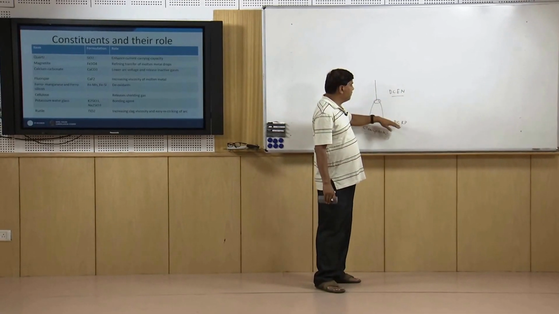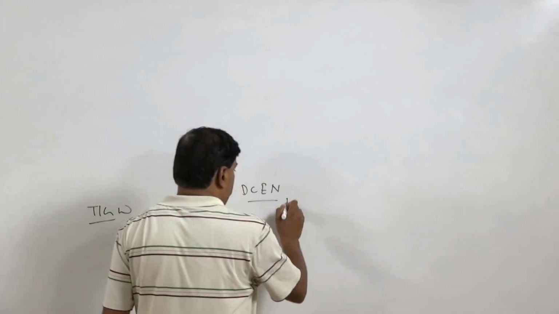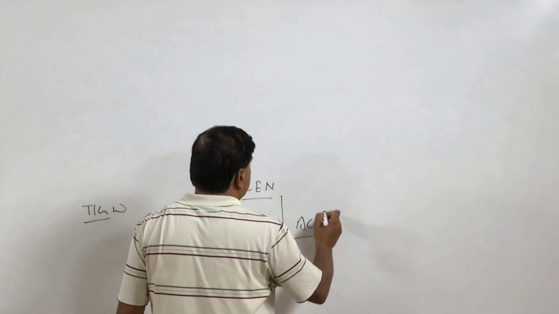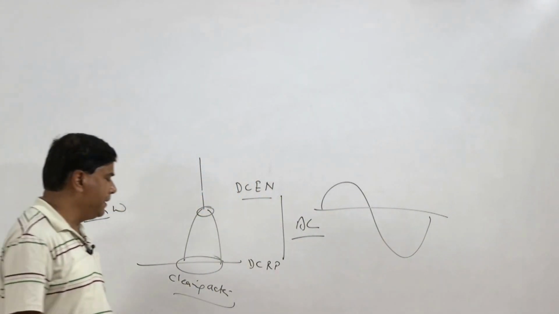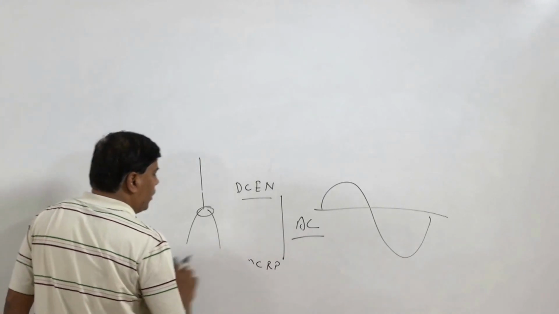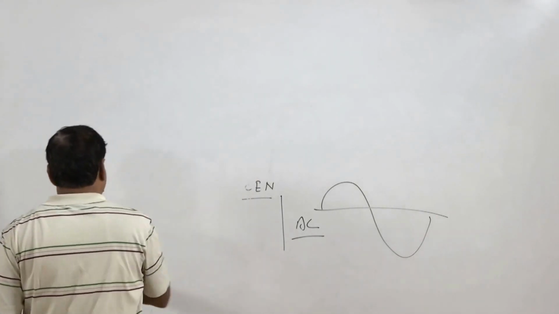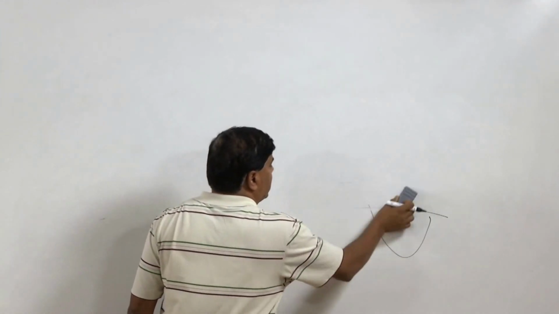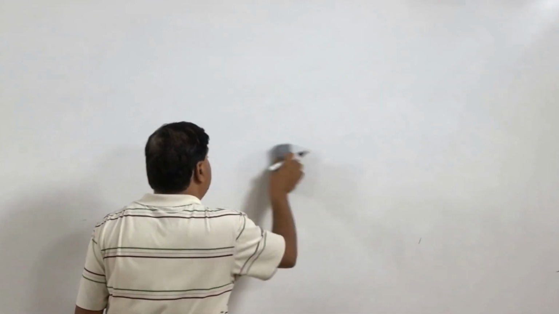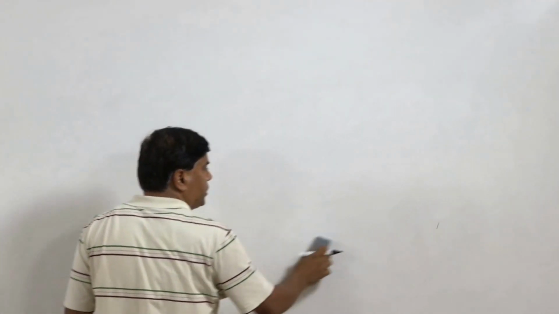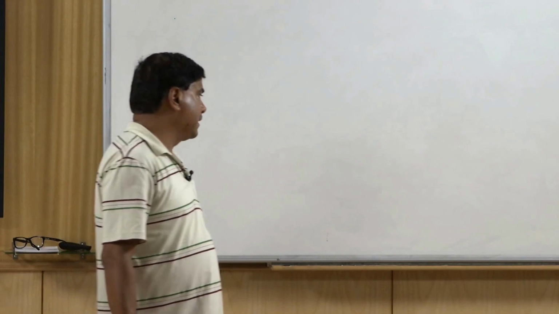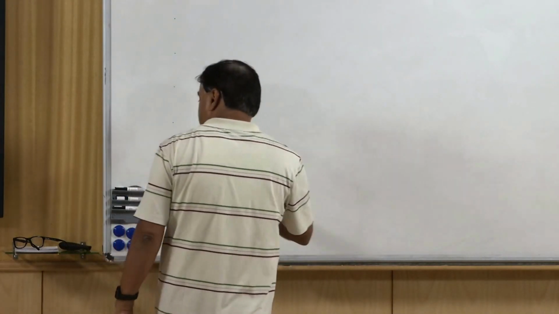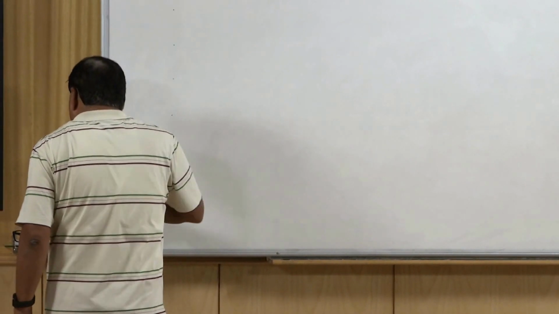So, in order to have a good balance between the two, instead of using one, AC is used. The polarity will keep on changing. In one half it will be DCEN and in another half it will be DCRP. So, it is common to use AC in the GTAW process, especially when welding aluminum and magnesium, so that the advantage of lower heat generation in one half cycle and the advantage of cleaning action in the other half cycle can be achieved. So, this is about the effect of polarity.